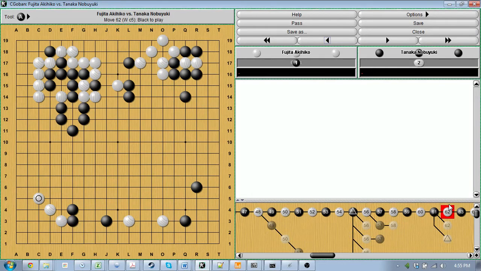So the logic here is that White's going to just take a big corner quickly. And I think that this makes a fair amount of sense, because with this strong Black formation at A, this weak group down here shouldn't have too many problems running out and making a connection here. And so it doesn't seem like this is really,